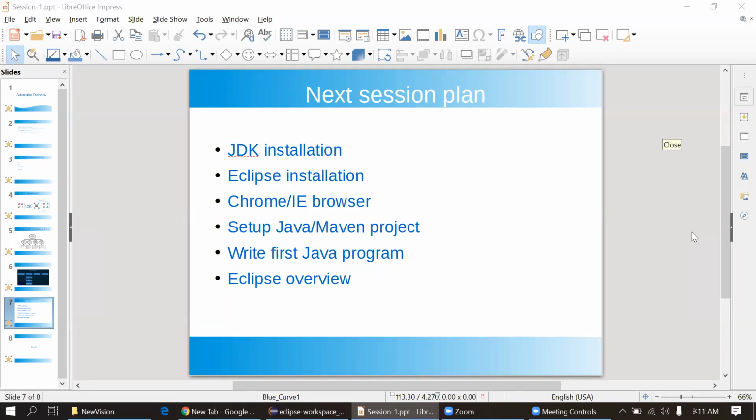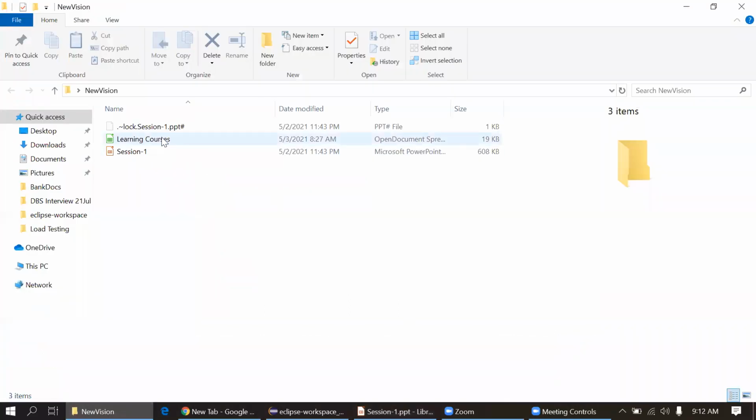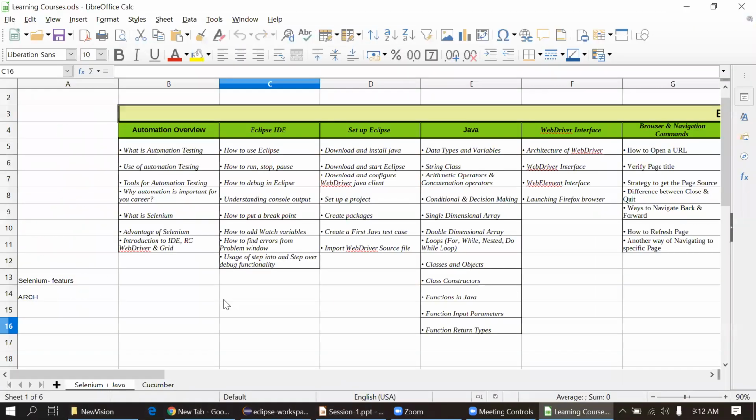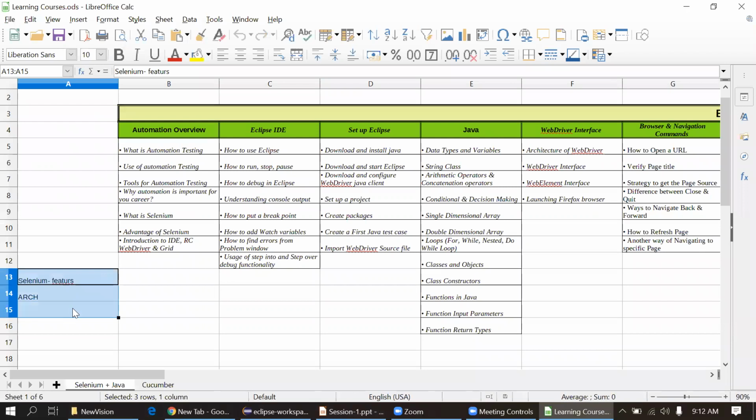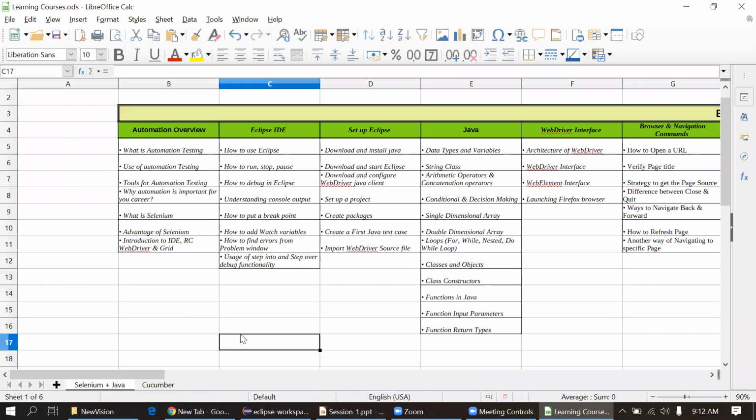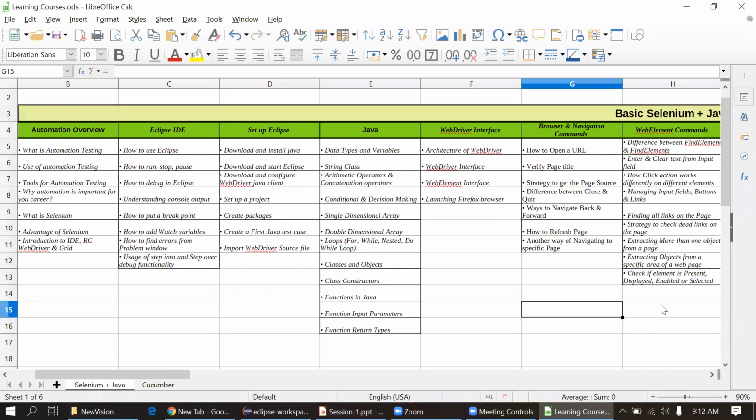If you're working on Angular applications, Angular JavaScript, which is currently trending in the market, sometimes people prefer Protractor. That's another tool, Protractor with TypeScript or Protractor with JavaScript, which we use on Angular applications. So it completely depends on company needs and how the UI or the application is built.